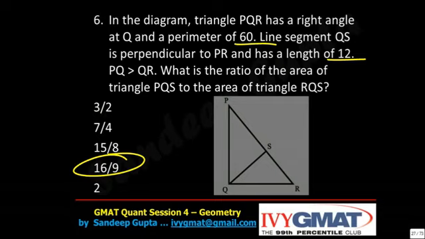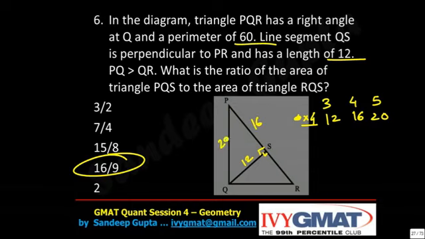The other way to look at this problem is, let's see. This is 12 and this angle is 90, this angle is 90. 12 is part of two right angle triangles. How can 12 be part of two right angle triangles? So what all values can I have? So I have the most basic triangle as 3, 4, 5. If I multiply this by 4, I'll get 12, 16, 20. And the above triangle is bigger, so let's call it 12, 16, 20.